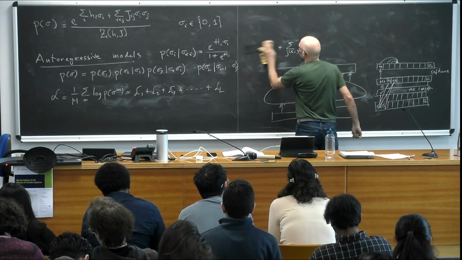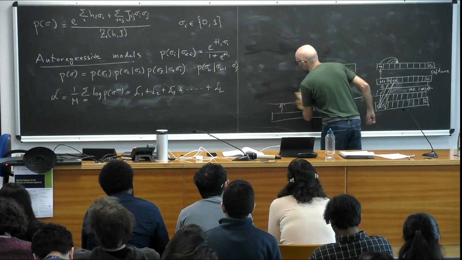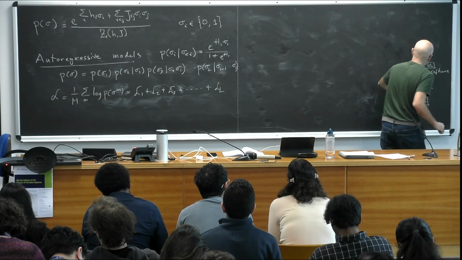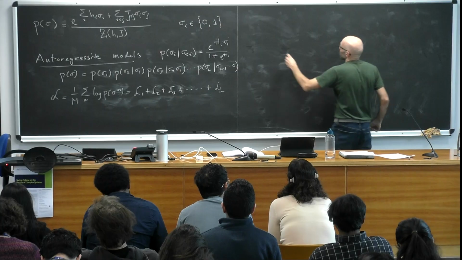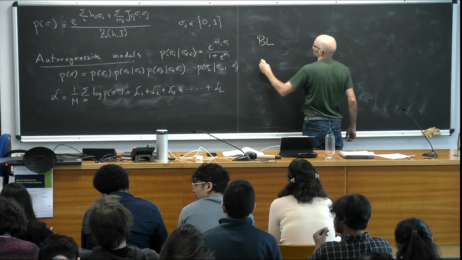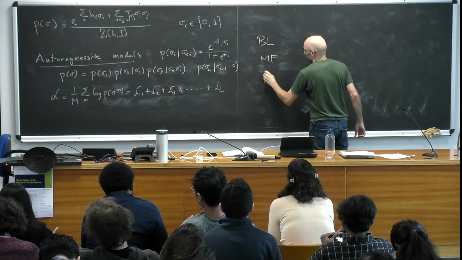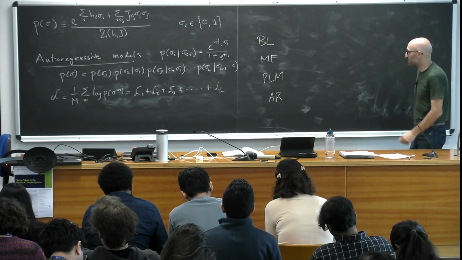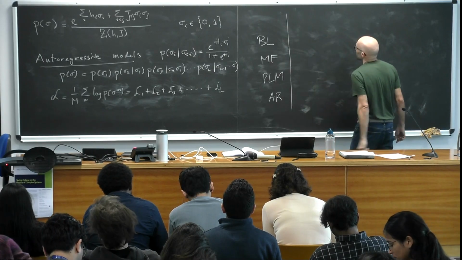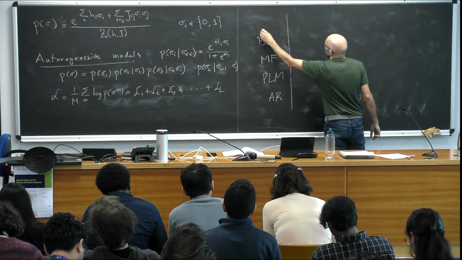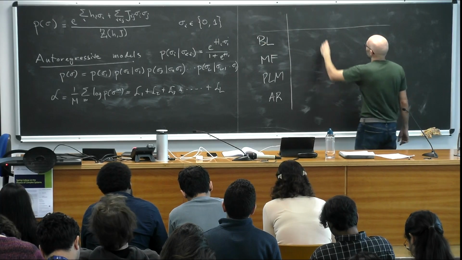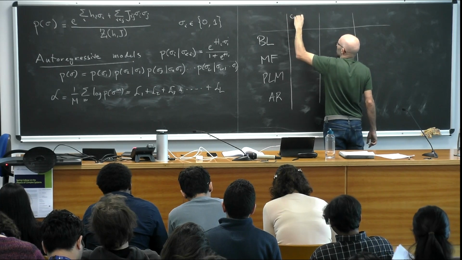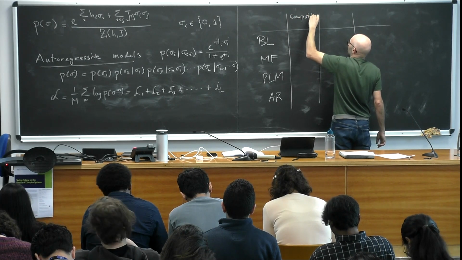I can try to do some table, I don't know, if you want to compare the different methods. So let's say you have Boltzmann learning, you have mean field, you have pseudo-likelihood maximization, and you have autoregressive models. And, well, you can ask many things, but for example, you can ask the computational efficiency,